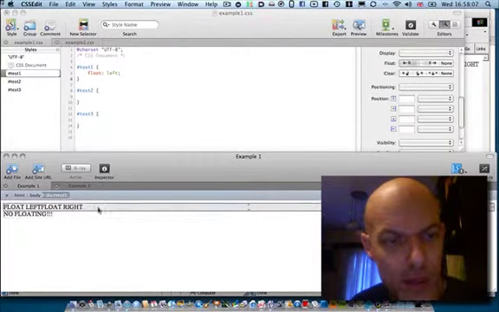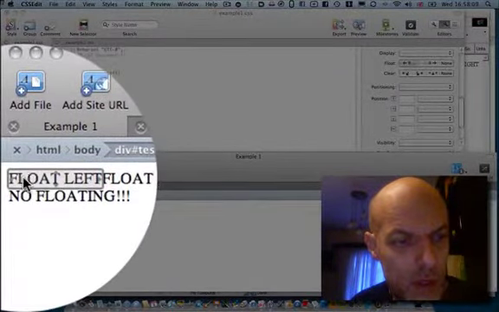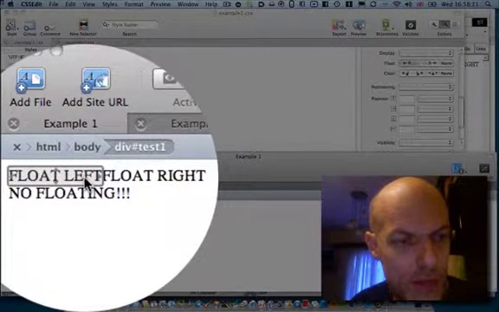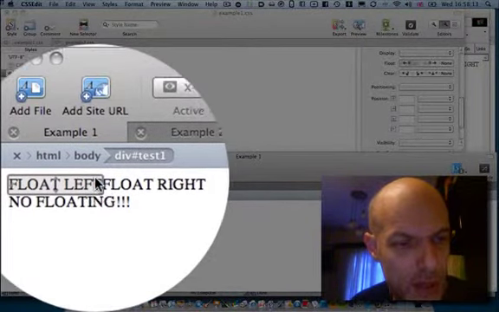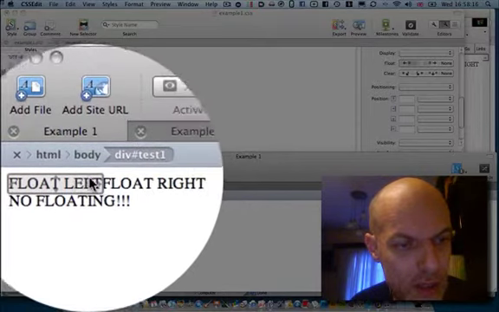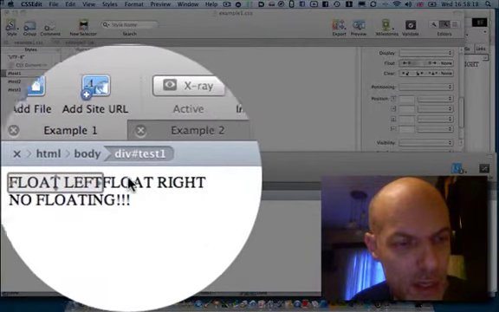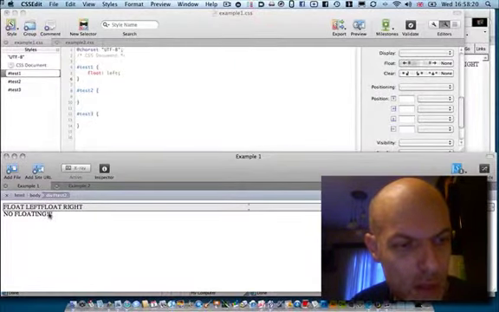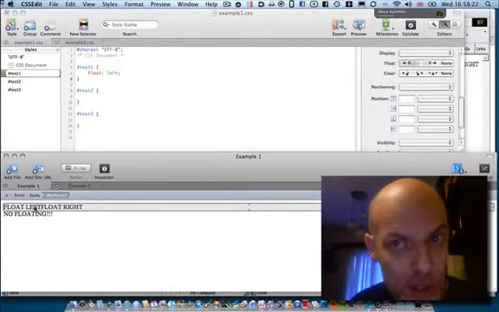Same thing with that one, but you notice what happens with the float left is it's basically pushing it to the left and actually constraining it around the actual shape of the letters, whereas this one is now actually floating underneath div 1,